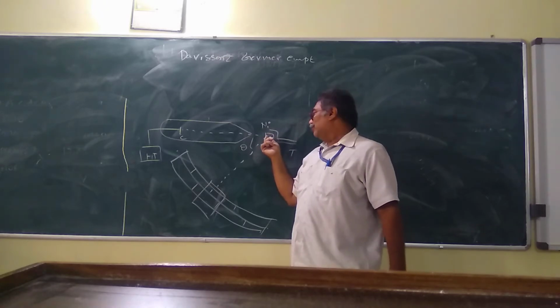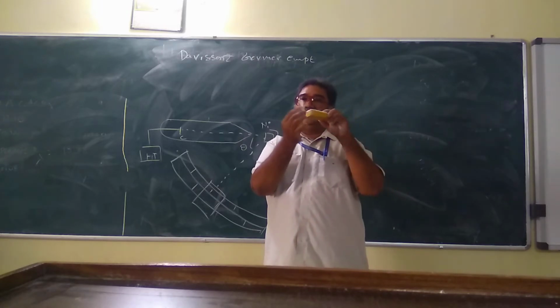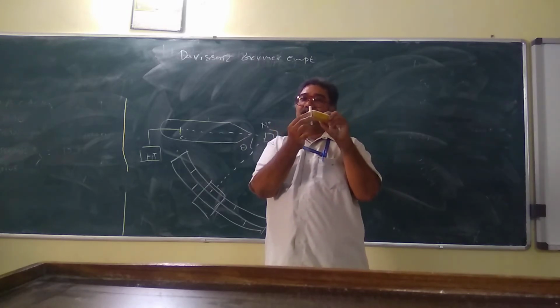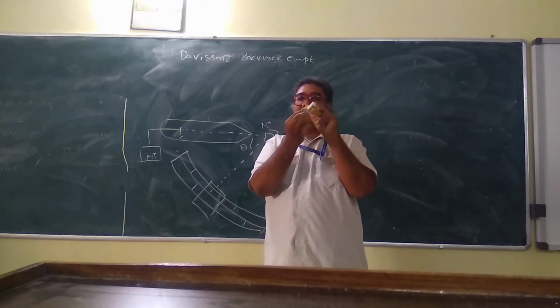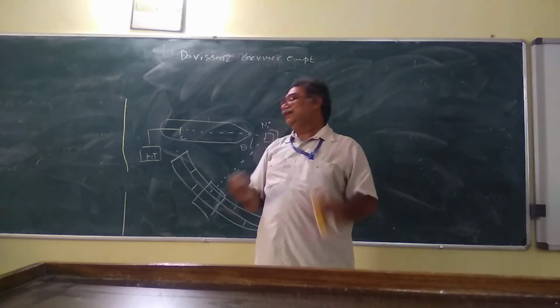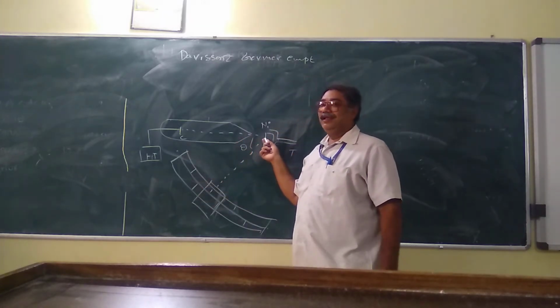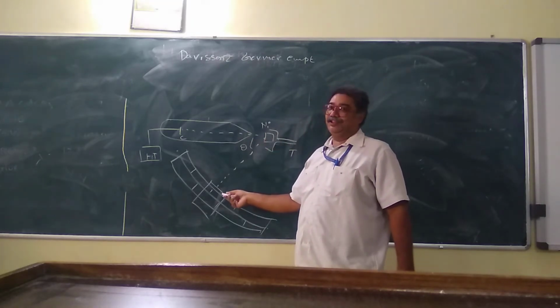The nickel crystal is mounted on a toggle, something like this. This is a toggle and this is nickel. So this nickel metal is mounted on this so that we can rotate the toggle in this way. When it is rotated, the nickel will also move in this direction. So depending upon this direction, the electrons will be coming and hitting the nickel, and after that they will be reflected, and these reflected rays will be falling on the